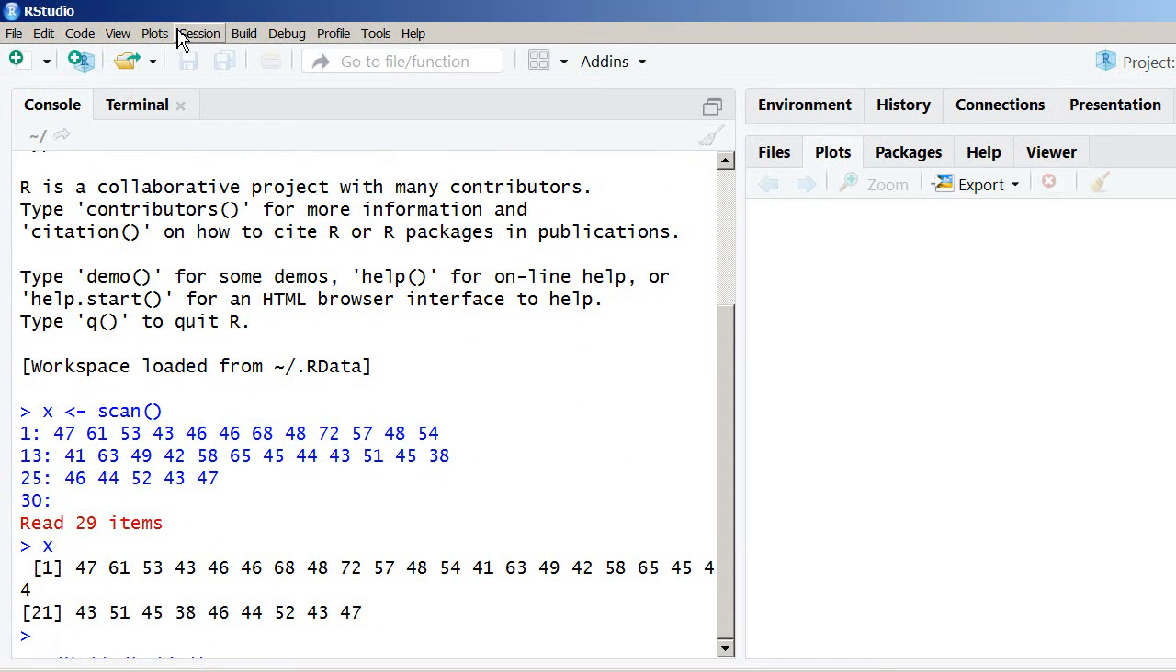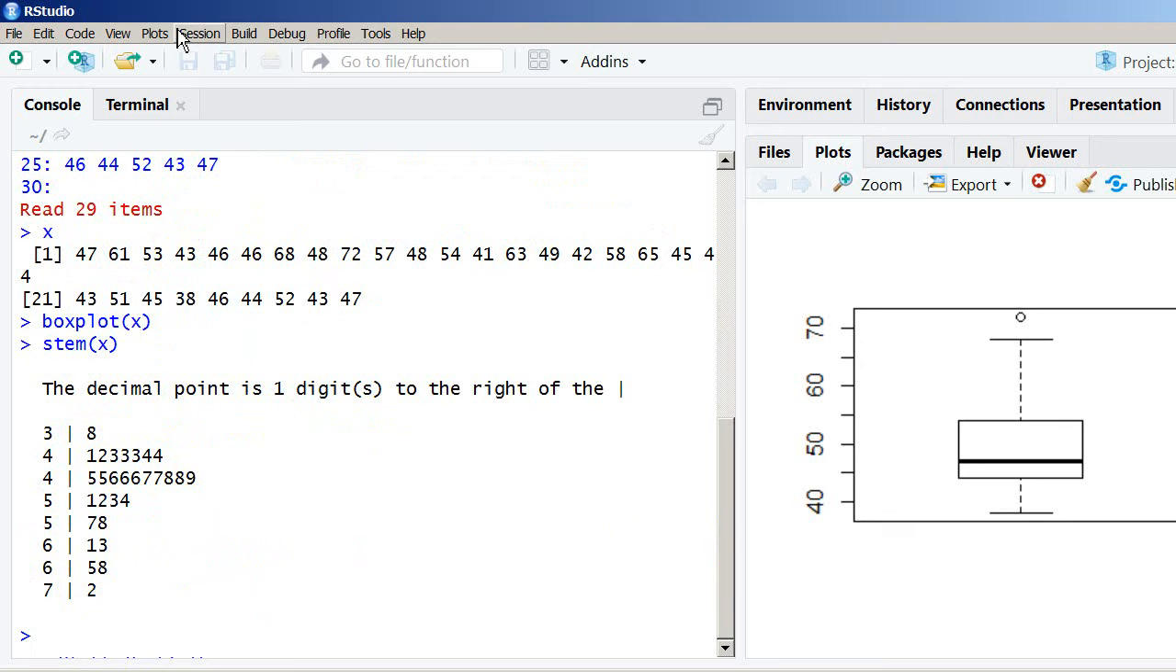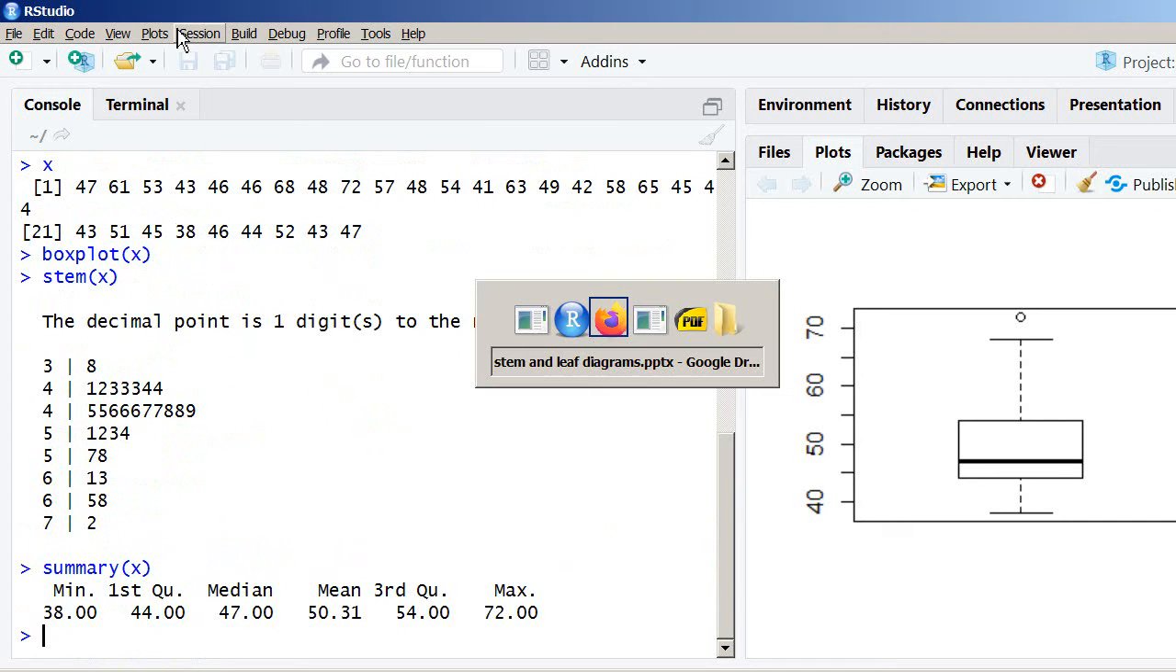In x I have precisely what I wanted, so I could just do a quick box plot of x, for instance, and there we would have it. Nice, so we could do a stem and leaf plot of x as well, and this would look like this. And of course we could do a summary of our data, and there it is. So continuing,